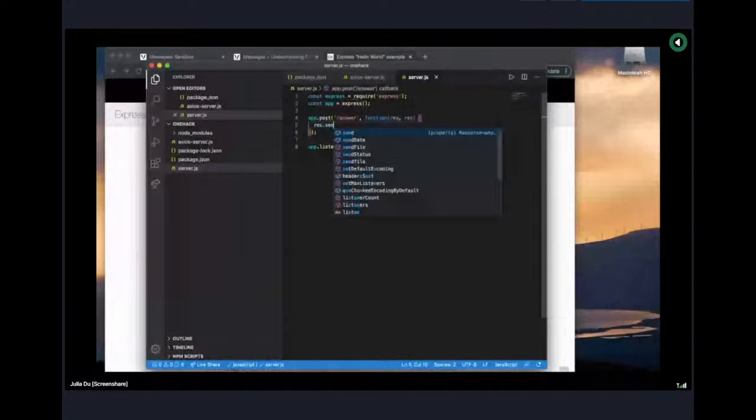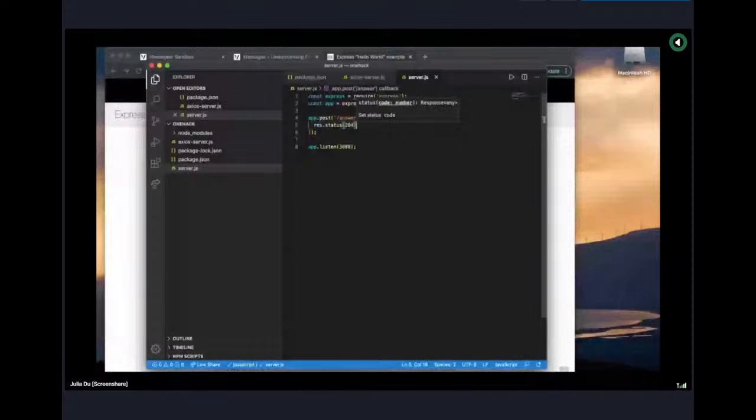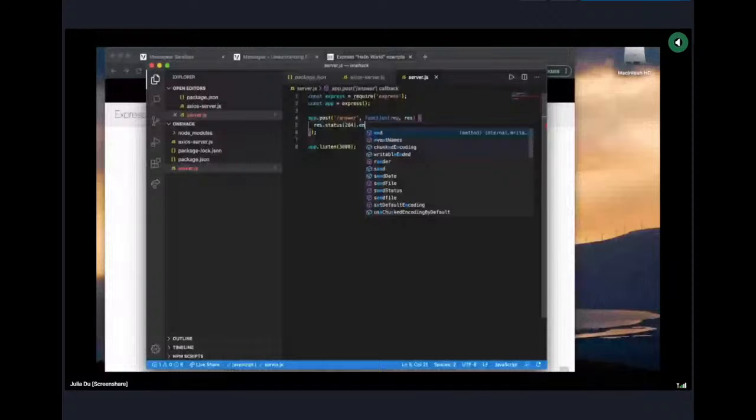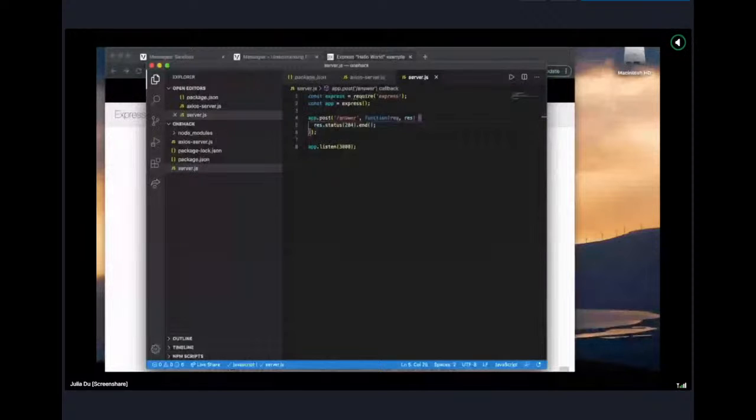And that response doesn't have to be anything fancy. It just needs to be a simple status saying that I received the response and everything's okay. So I'm going to send back a status of 204 and then end the response. And that's what I want to make sure that I do in pretty much all of these webhook endpoints, just to make sure that things don't get caught and